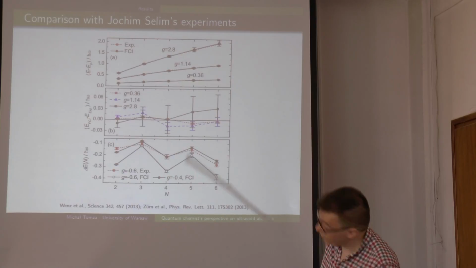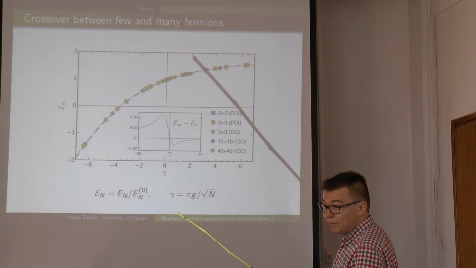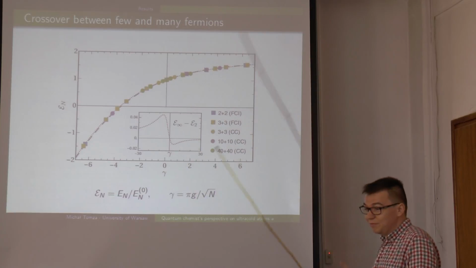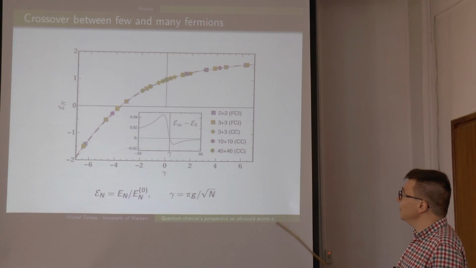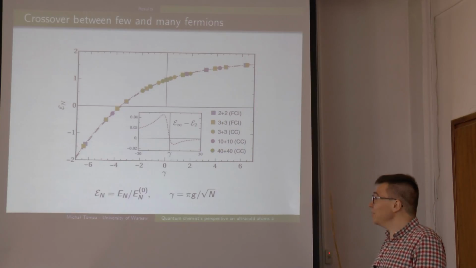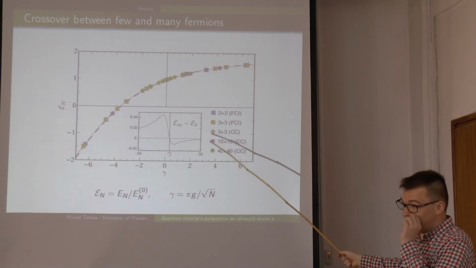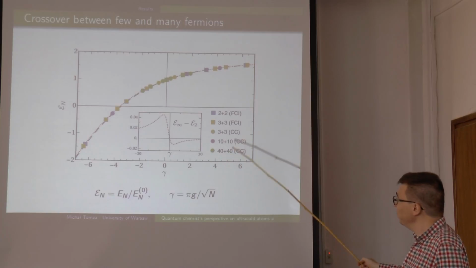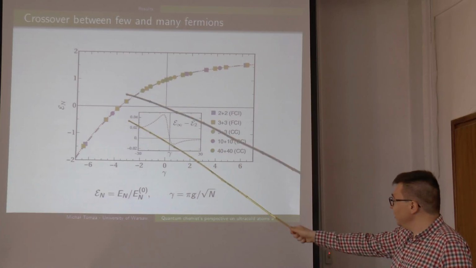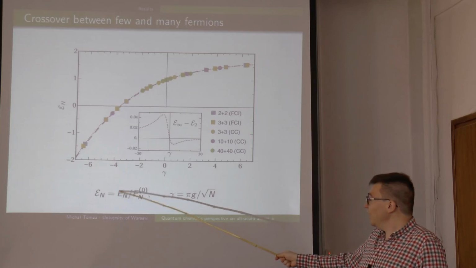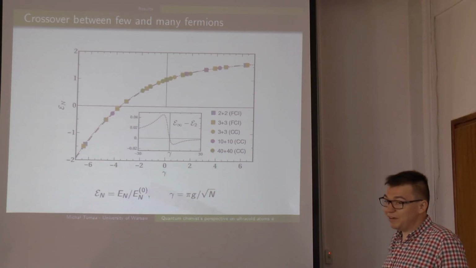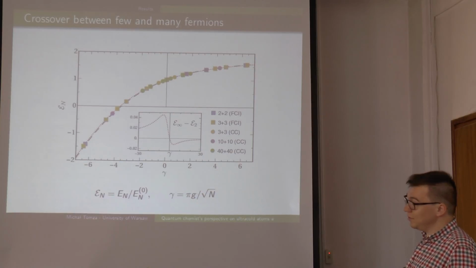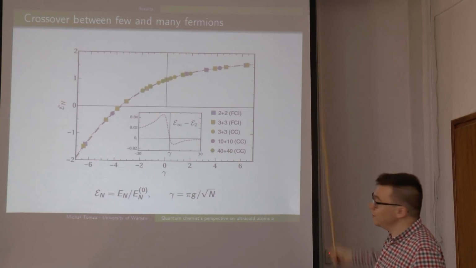But because I don't have too much time, maybe I will go to some... Excuse me. Yes, so if I can have 3 minutes to present very nice results. We applied our machinery and looked at the total energy of this system of Fermi atoms, where the number of spin up and spin down is the same. We properly scaled the total energy and interaction strength. Once we scaled the total energy of the systems by the Fermi energy without interaction, and properly scaled the interaction strength with the number of particles, we find this extremely nice universality.